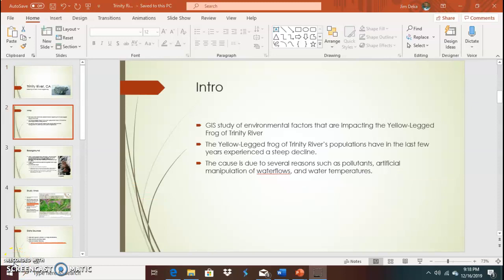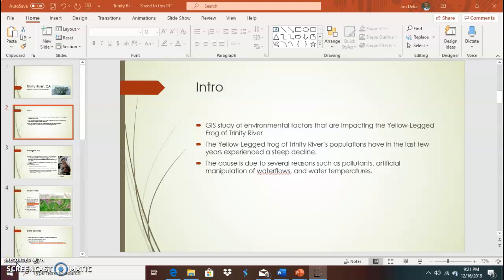Throughout this course, I used the study area in the Trinity River. I also used the Landsat 7 and 8 images from 2002 and 2019, GMTED elevation data, and land cover data to look at the area and see if there was any further information that could be gleaned from remote sensing.